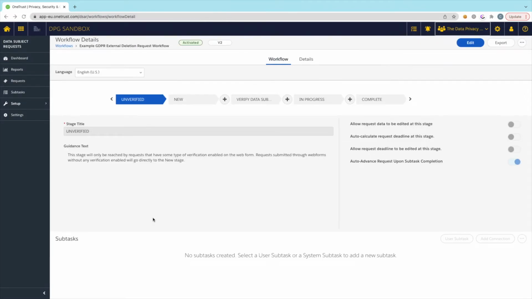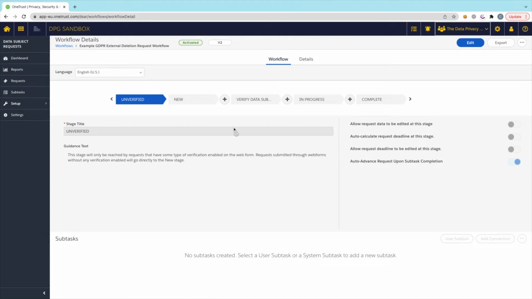Going into the workflow which I just mentioned, this will be what is used to work through each stage of the DSAR to ensure that it is fulfilled in a compliant manner. We have created a different one of these for every single DSAR because obviously each DSAR will entail different actions to complete it. As I said, this is the deletion workflow. As you can see, we have 5 stages up here. I will go through these later on within the walkthrough of how you would handle a DSAR.